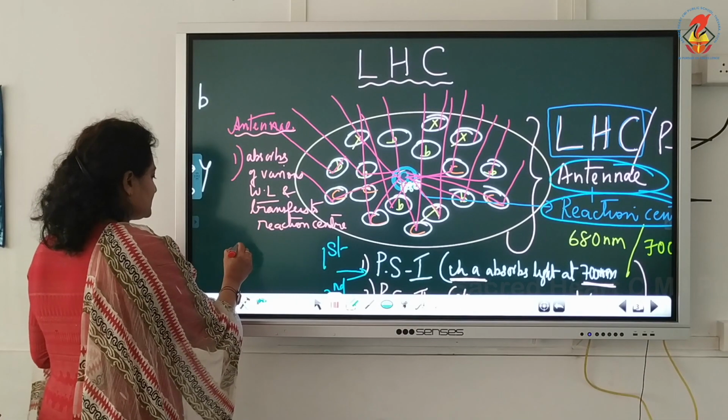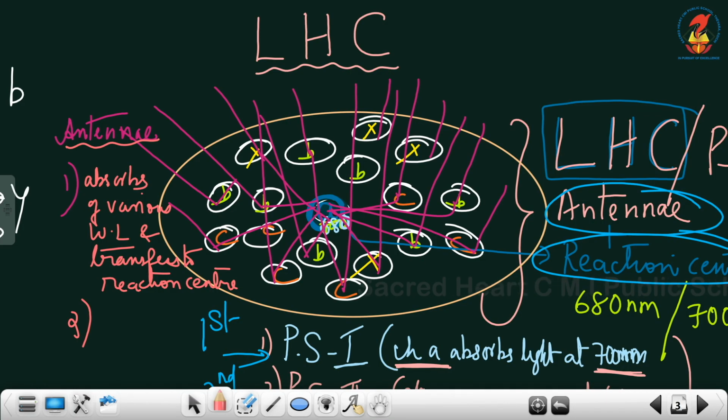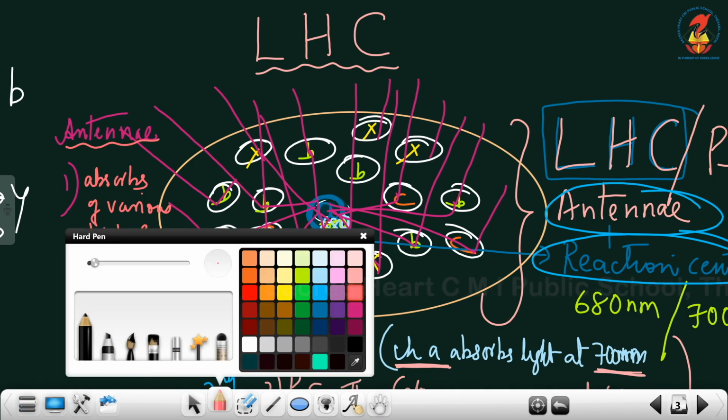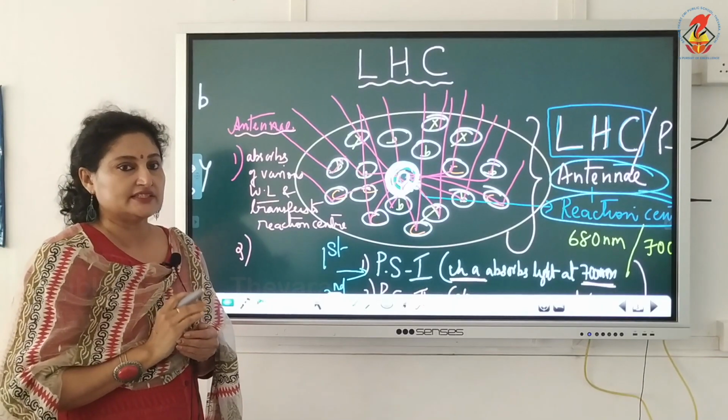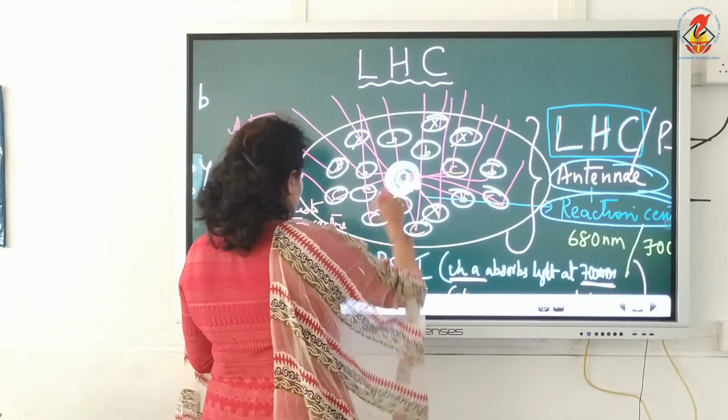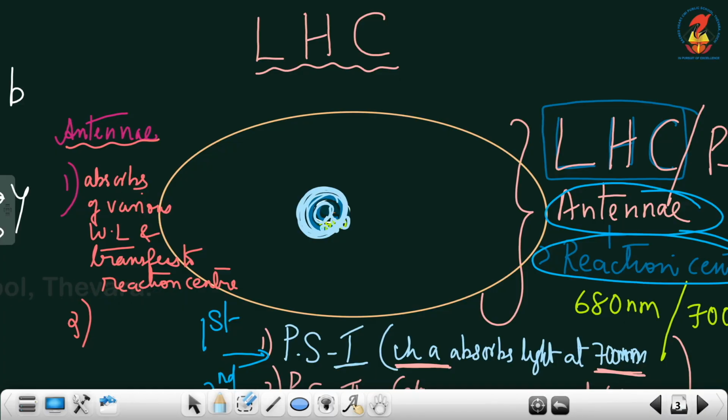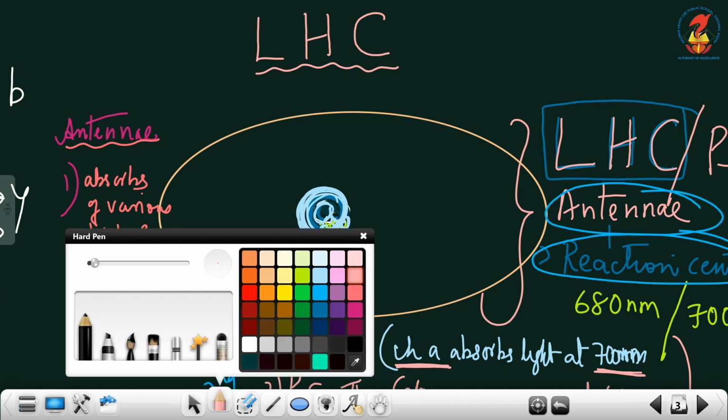The next function is they protect. See, they all are surrounding the chlorophyll A. Chlorophyll A is at the center. I am highlighting chlorophyll A. It is at the center, and it is well protected. Chlorophyll A is very sensitive to light. If these pigments were not there, what would happen? Due to the sun's light,